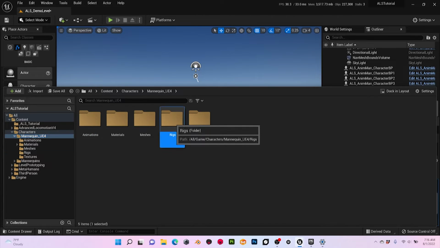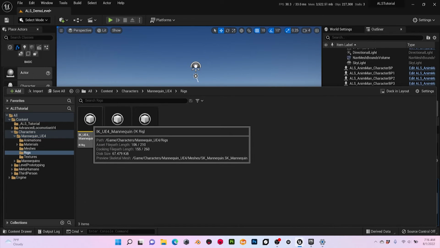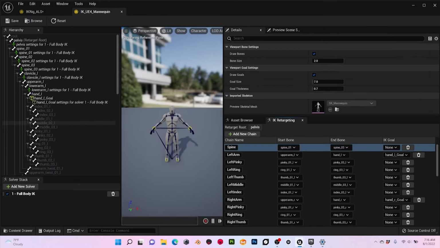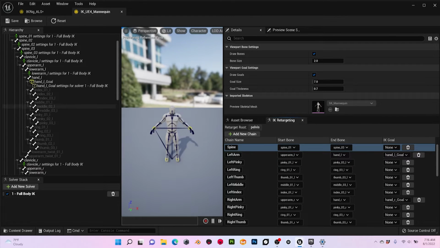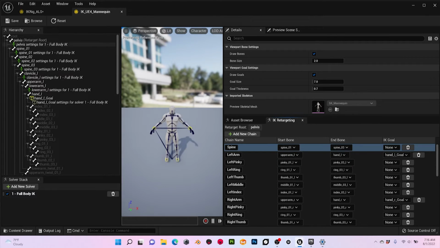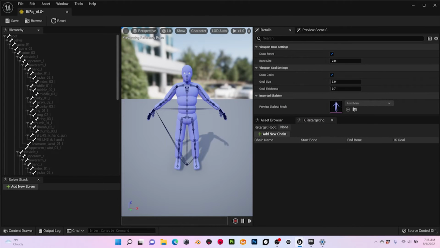So on rigs, that's the one we want. So I'm gonna be using this as a reference. I like to put this in a second screen, so I have a better understanding of what I'm doing. Okay, so let's start here, and yeah, we just have to go one by one and try to not miss